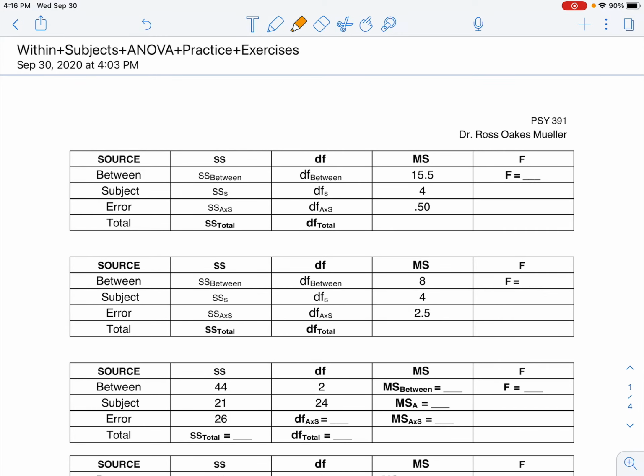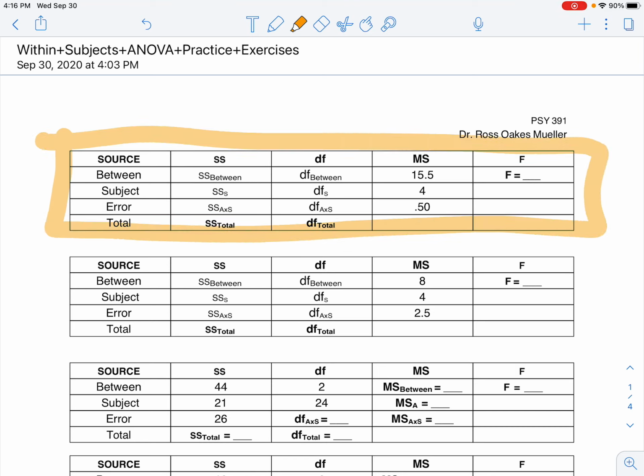All right, in this within subjects ANOVA practice worksheet, what you'll notice is it looks actually pretty similar to the between subjects ANOVA practice worksheet that you did a couple of weeks ago. As you can see on the first page, what you're going to do is to use each one of these summary tables and take the data that I've provided you and use it to fill in the statistics that are